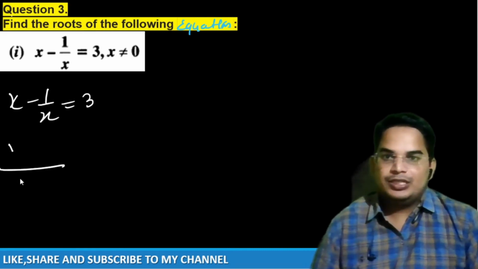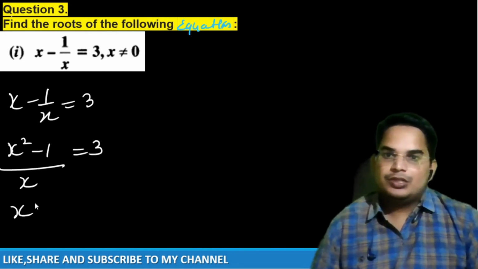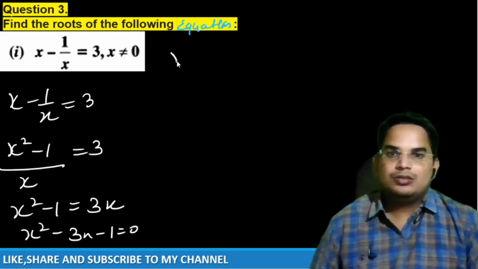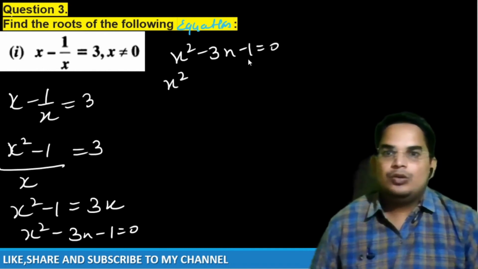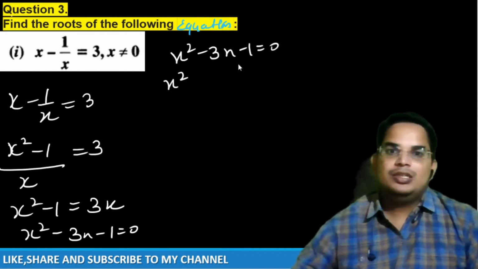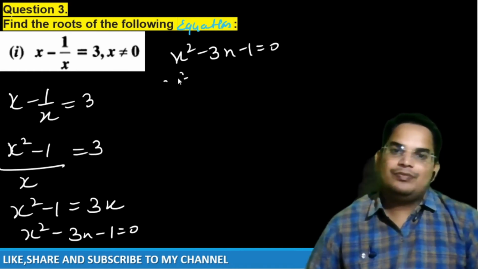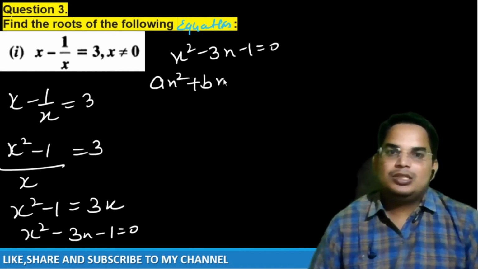So first of all take the LCM x, do the cross multiply, it becomes x square minus 1 is equal to 3x. Now you can say x square minus 3x minus 1 is equal to 0. Now we'll do the simplification. What is given here? It is mentioned here that x square minus 3x minus 1. So children, I will apply the Sridharacharya, that is quadratic formula. Write down ax square plus bx plus c equal to 0. A becomes 1, b becomes minus 3, c becomes minus 1.